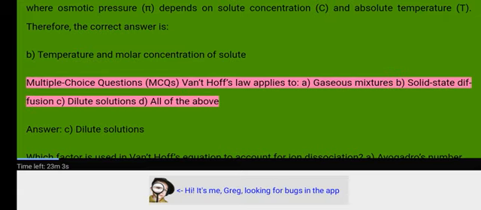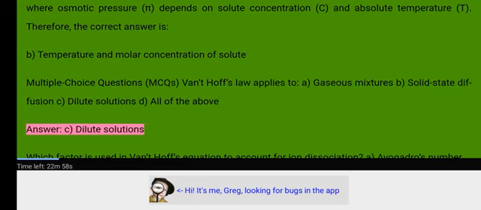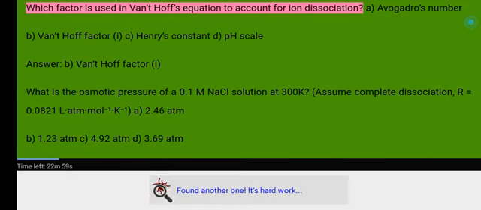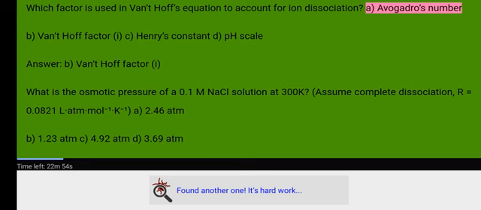Multiple choice questions, MCQs. Van Hoff's law applies to: A, gaseous mixtures; B, solid state diffusion; C, dilute solutions; D, all of the above. Answer: C, dilute solutions. Which factor is used in Van Hoff's equation to account for ion dissociation? A, Avogadro's number; B,